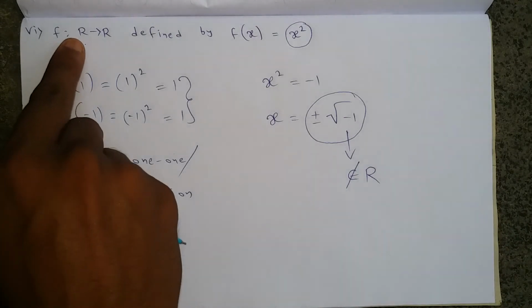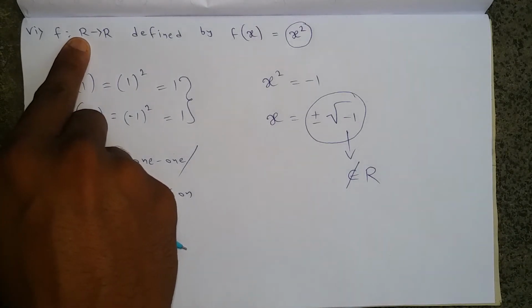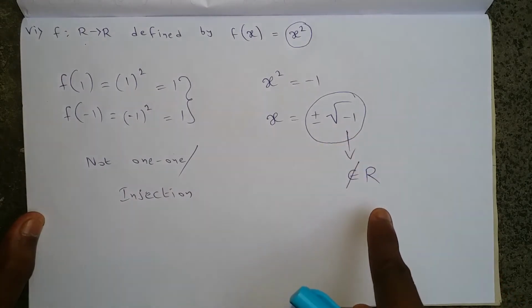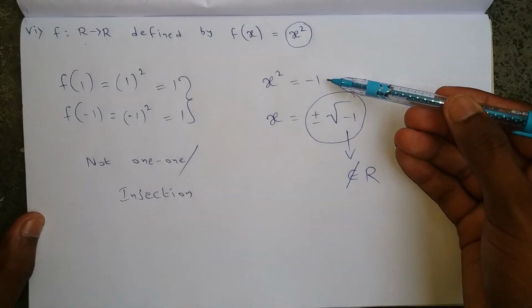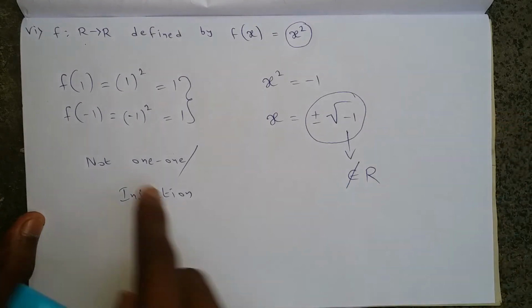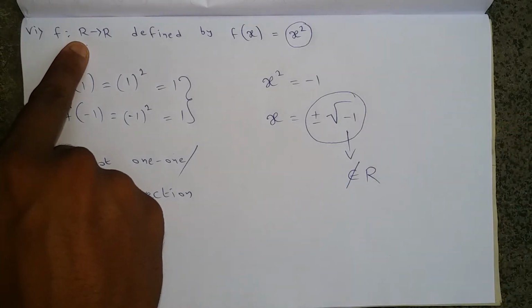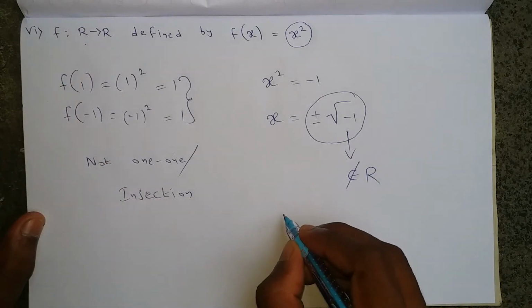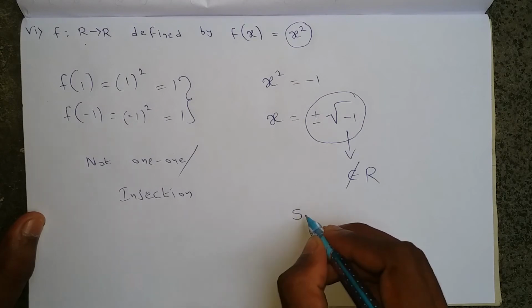But here domain should be real numbers only. So to get the answer minus 1, definitely we need to substitute plus or minus under root minus 1 only. But that is not a real number, as given in the condition that domain is only real. So this is not a surjection